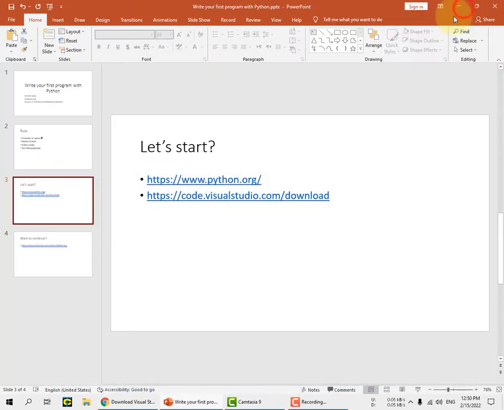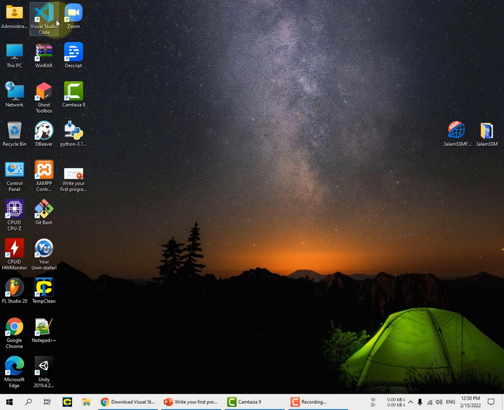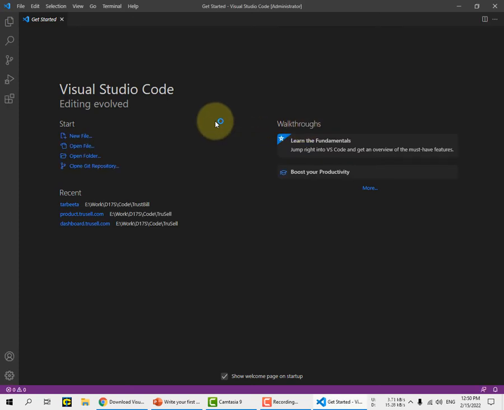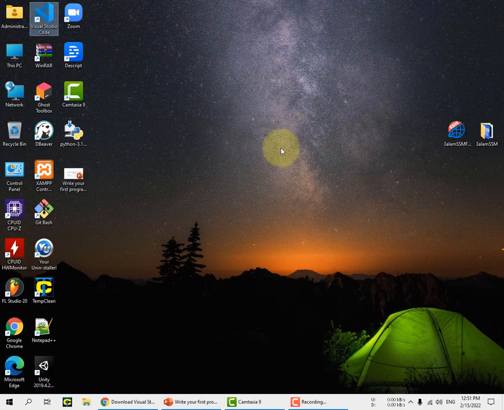After you install Visual Studio Code, you will find a shortcut on your desktop. Let's open it to make sure everything is going well. This is the UI of Visual Studio Code. You can make a new file, open a current file, or open a folder for the project you need to develop. In the future, we will learn how to use Visual Studio Code efficiently with our code. So this is installed successfully.